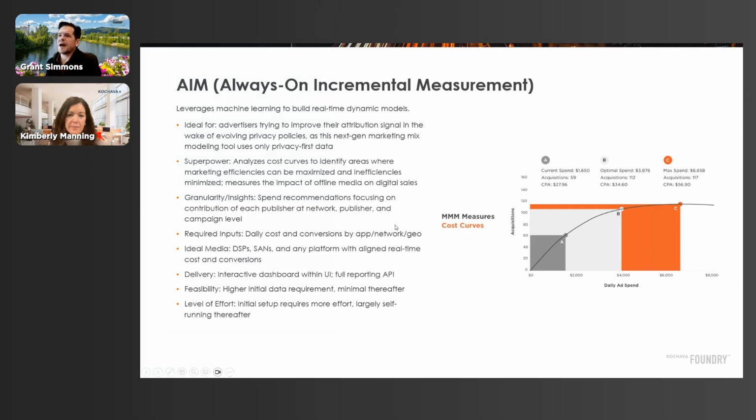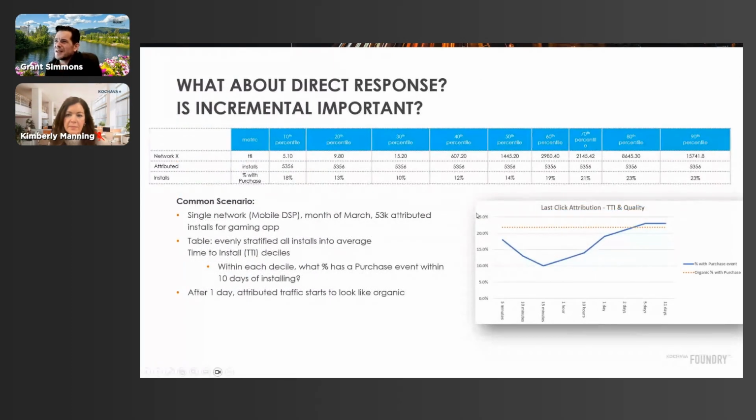The last one I'll talk about, we spent a little bit of time talking about SANs, and I want to talk about just sort of mobile performance, and then we'll open it up for questions. This is a thought exercise. This is another one that you can run yourself. But what we're looking at is all of the acquisitions that attributed to a single mobile DSP within the month of March. And so within the month, there were 53,000 overall install attributions that attributed back to this mobile